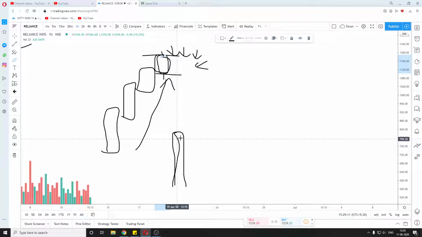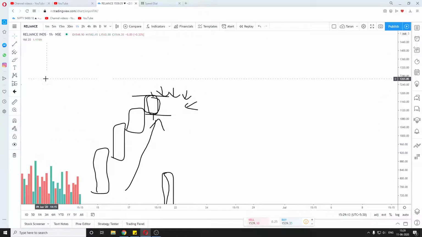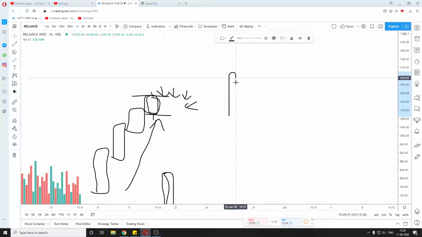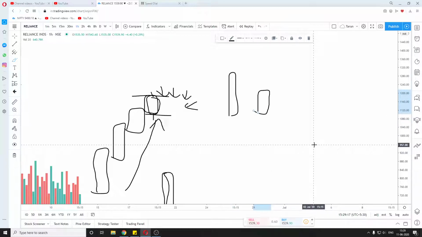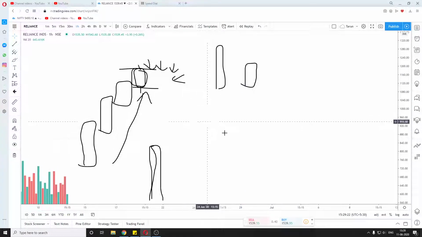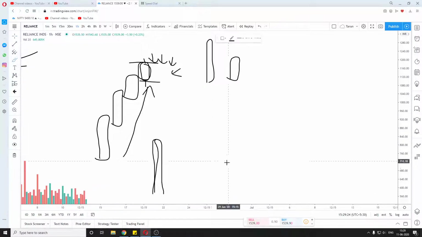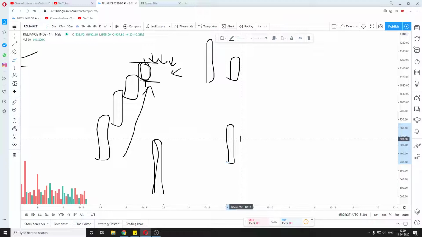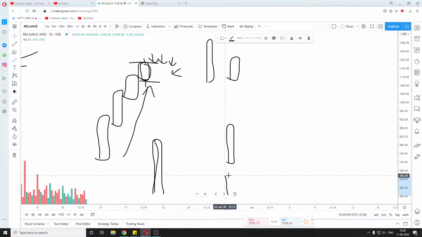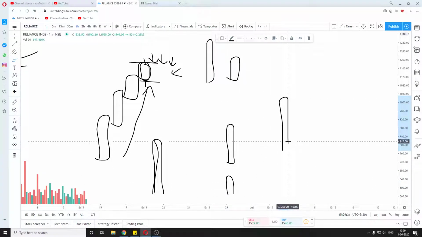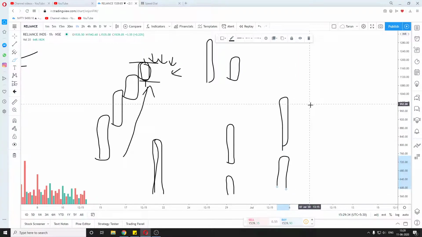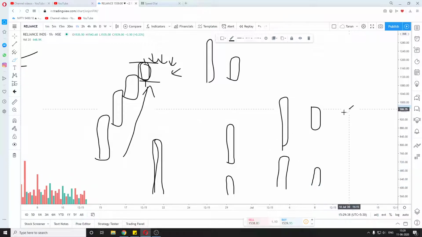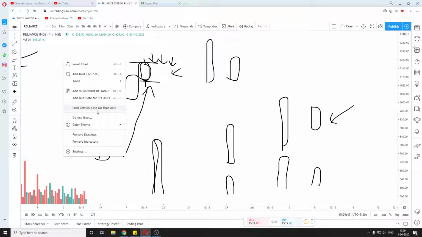We can know this only when the volume is big and the price action of this candle is very small. Otherwise, if there was actually this much buying pressure, then the candle would have been a big spread candle and not a small candle. So I hope this small concept is clear, that the candlestick should match the volume below it. If the candle is big, the volume should be big. If the candle is small, then the volume should be less, relative to the candle. So this is the first concept.